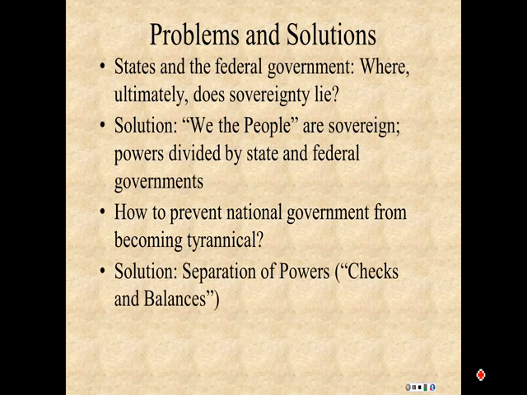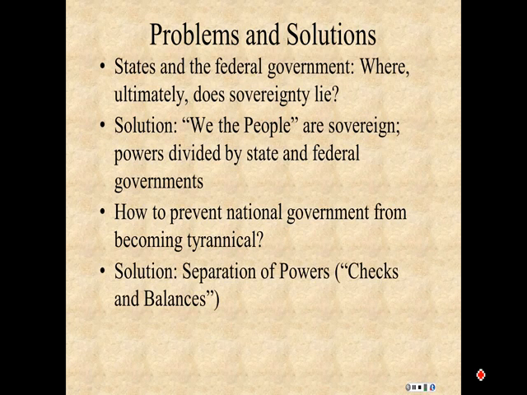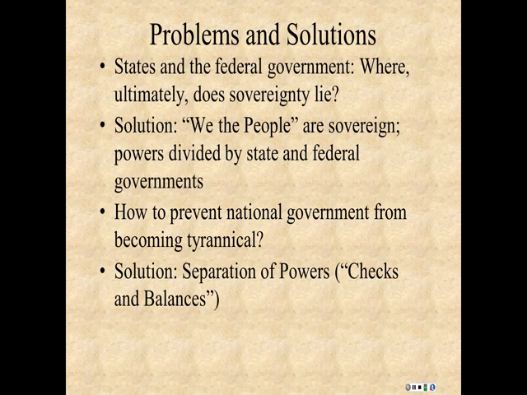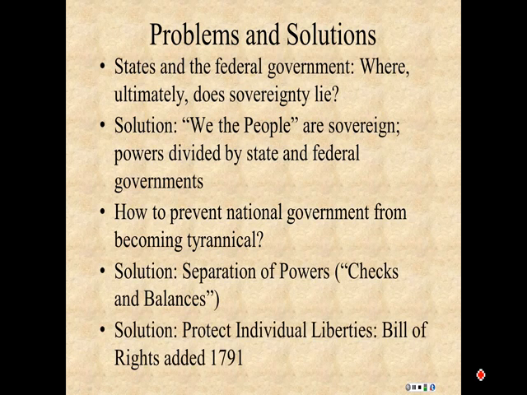And that was solved by this template of a government that had checks and balances, where you had separated powers, where you had, again, judicial, executive, legislative branches which could play off of each other with veto power and the power to impeach and the power to override vetoes and all kinds of things. And of course, the other thing was to put a Bill of Rights in there to protect individual rights from overbearing government authority, and so that was done in 1791.